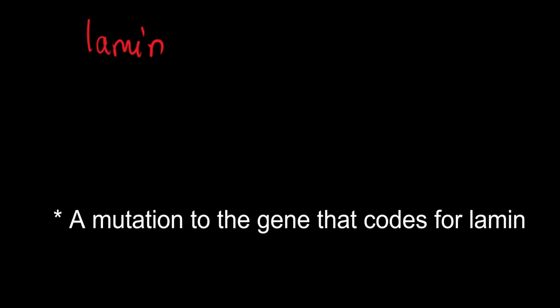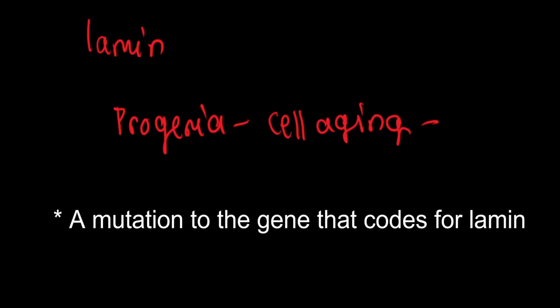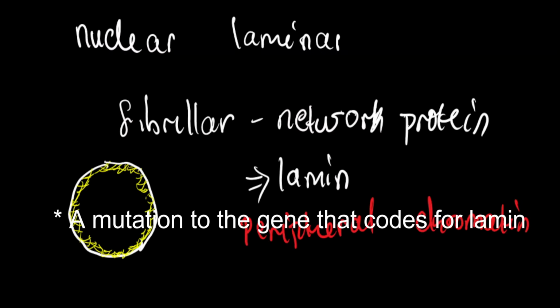There's a rare disease condition called progeria. Progeria is a rare disease condition that is associated with abnormal cell aging and it could result in death. Of course, we won't be focusing on this disease condition in this video. However, it's very important for us to take note of the fact that the nuclear lamina is a very important